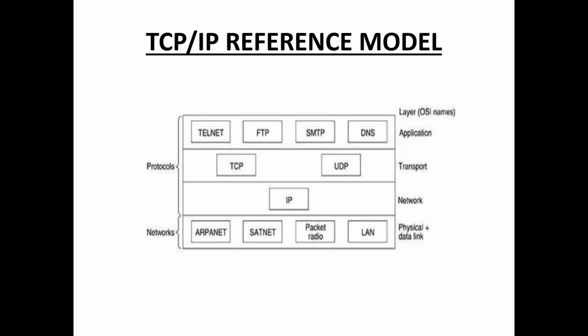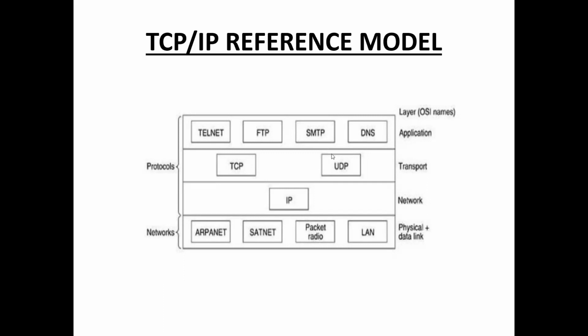The responsibility of the transport layer is acknowledgement of successful data transmission and retransmitting the data if any error is found. When the sender sends data to the receiver, if the receiver receives the data, the receiver sends an acknowledgement to the sender that the data is received. If there is any error, the sender retransmits the data. That is the main responsibility of the transport layer.